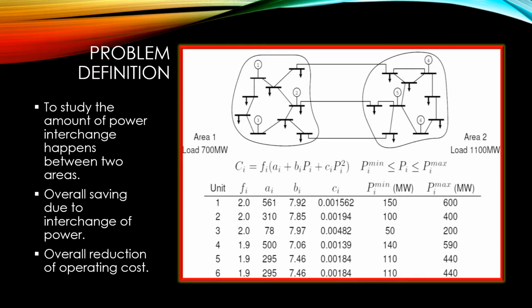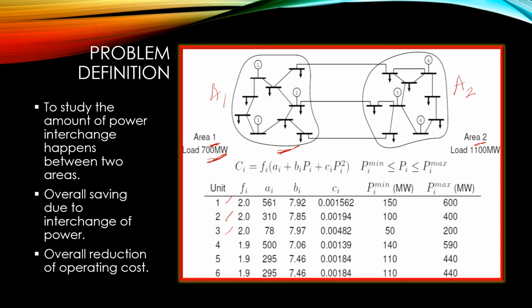Here, this figure shows the model of our system. Here you have area 1 and area 2. Area 1 is connected with three generators: generator 1, 2, 3. These three generators are connected in area 1, and a load of 700 megawatt is connected using transmission lines